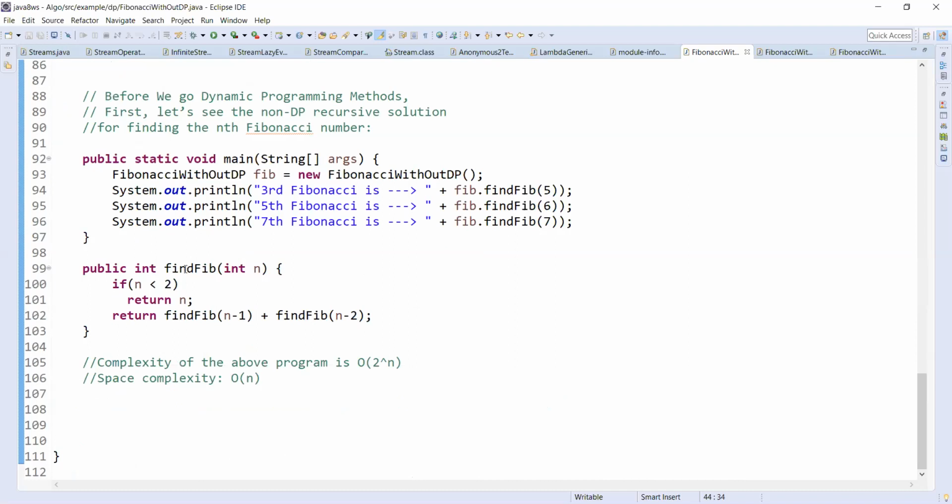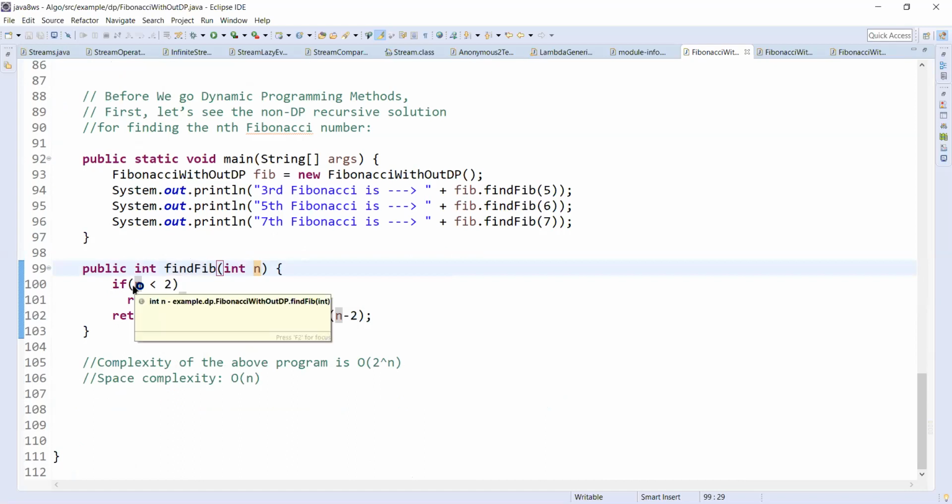It is simple. I'm having one method called findFib for the int n, and in the recursion program there is a base condition. This is a brute force method. I'm going to find the Fibonacci number without dynamic programming, with a recursive solution, and it is very easy.